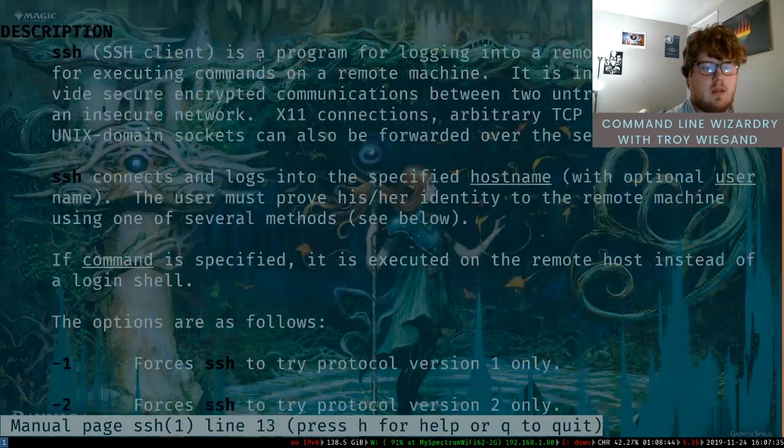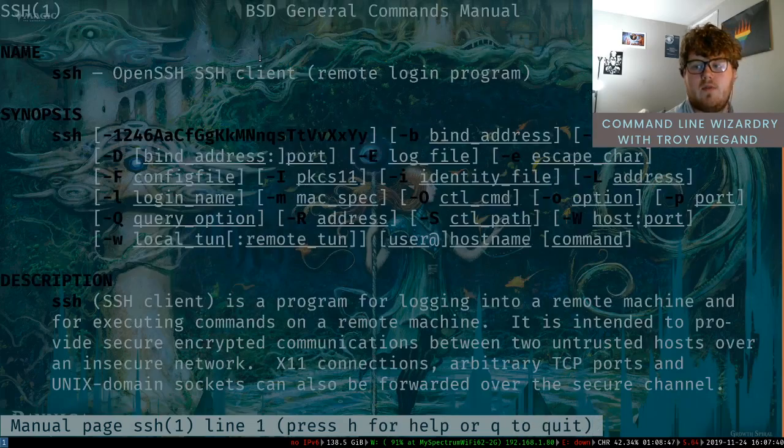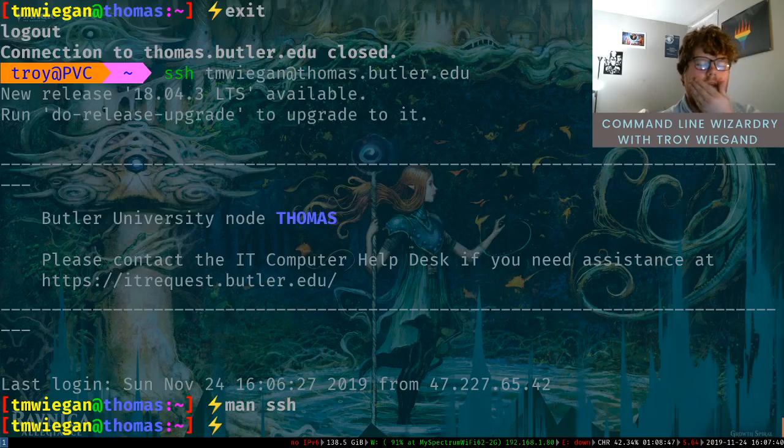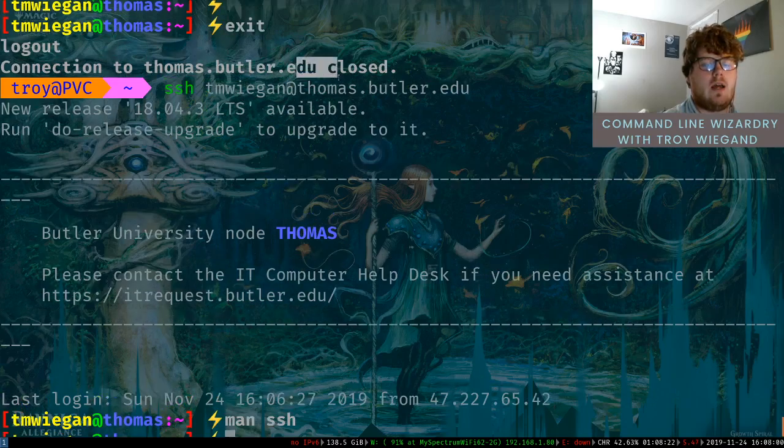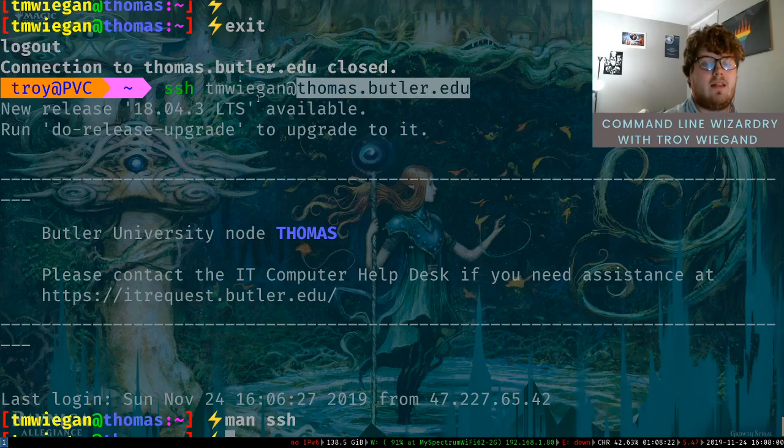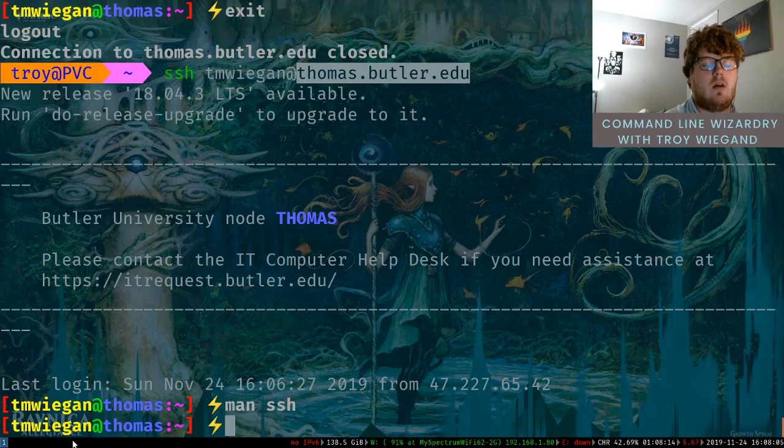Okay, this doesn't tell me what SSH stands for, so I have no idea how to do it. I think it may just be secure shell. But what that command does, it says, I will try to create a remote connection to the following IP. And the IP here is thomas.butler.edu, and then at Team Wiegand says, I want to log in